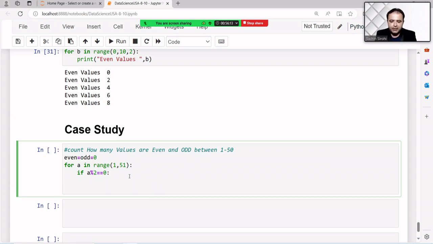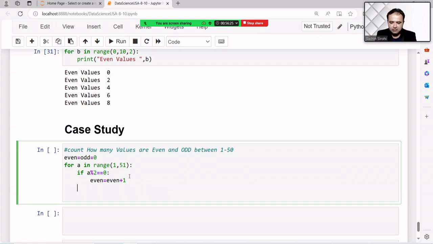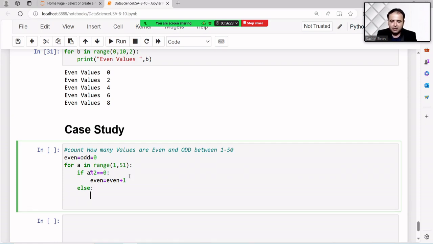So if the value is divided by this one, so even equals even plus 1. That means I want to increment the value of the even. That means one value is even. Else, odd equals odd plus 1. That means one value is odd.